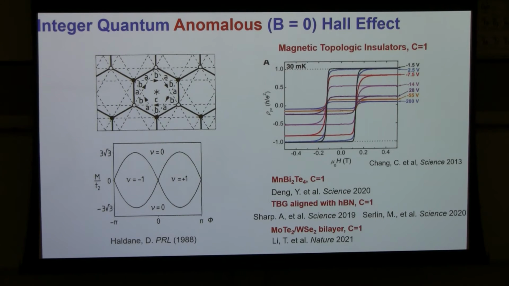And later, experimentally, it was shown in several material systems. In magnetic doped TI, you got the Chern number equals 1 quantum anomalous Hall. The Hall resistance is h over e squared. And you can also get it in more intrinsic magnetic TI. You get it in Moiré superlattice composed of graphene and TMDs. Okay, they all have Chern number equals 1. You just think of it as one channel that's winding around the edge of your sample.